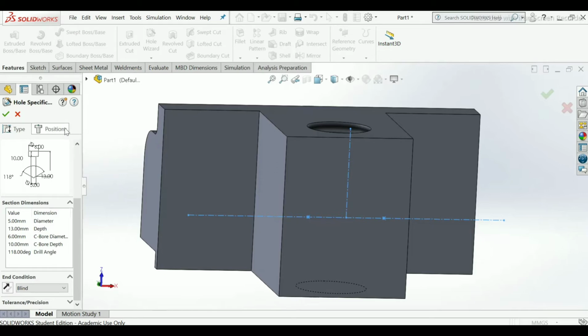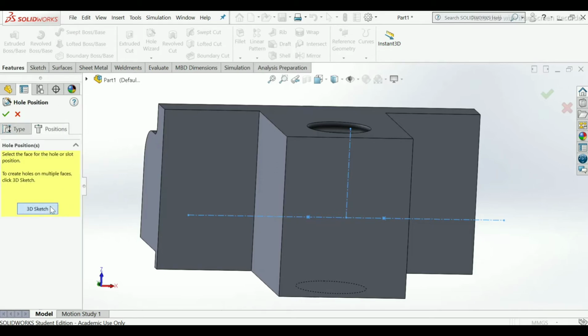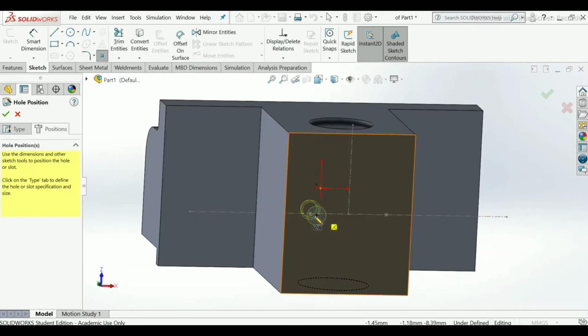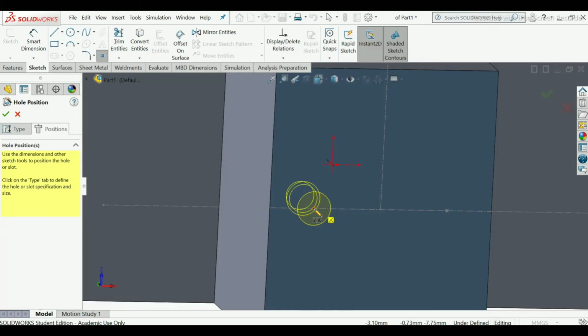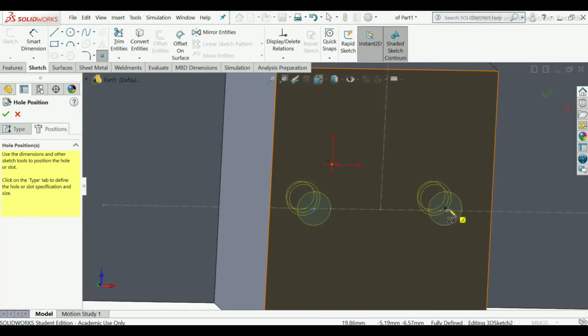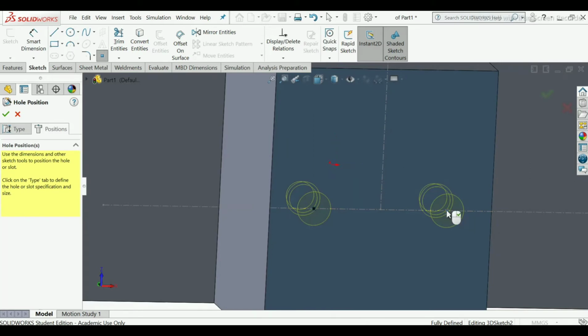Now go to positions, 3D sketch. Select the points that we have created from the sketch, select this and this.